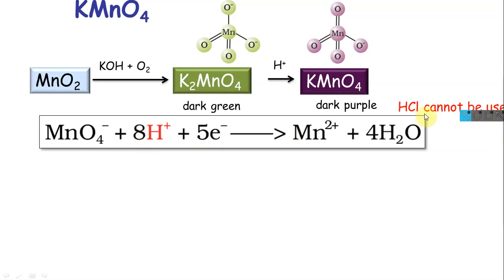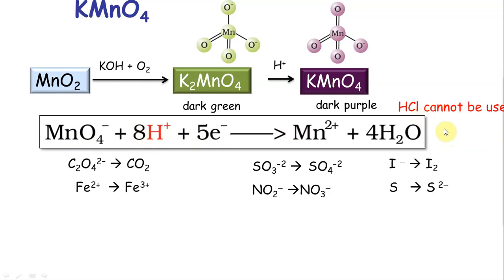I cannot use HCl for this reaction because Cl- can get oxidized by MnO4-. So imagine that I want to oxidize Fe2+. Okay, you want to figure out how much Fe2+ is there. So I react with MnO4-. I don't want MnO4- to react with anybody else but only Fe2+. That's when I can figure out how much is used up. What if the acid itself is using it, HCl? Then my analysis would be wrong. So HCl cannot be used for this purpose.